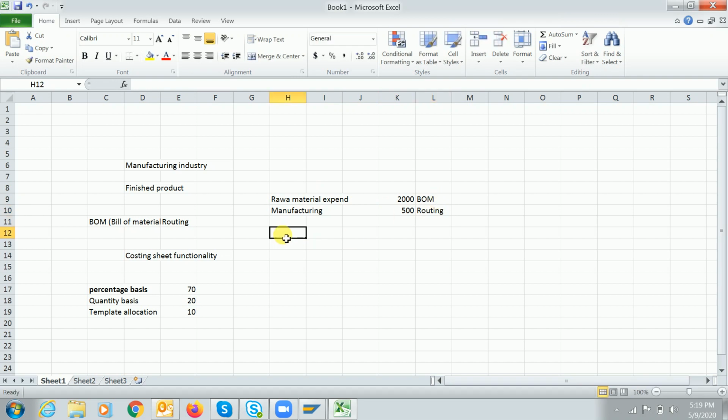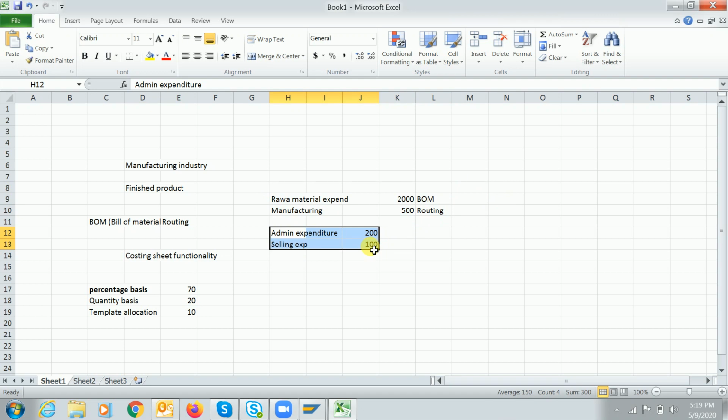Now the administration expenditure, guys, let's take 200. The selling expenditure is around 100 rupees, guys. This is the information we got from the business. This entire thing we have to incorporate in SAP as a functional consultant. The raw material expenditure PP will include as a bill of material, and at the same time maintain the routings as well. The administration expenditure and selling expenditure, as CO consultants, we have to maintain here.